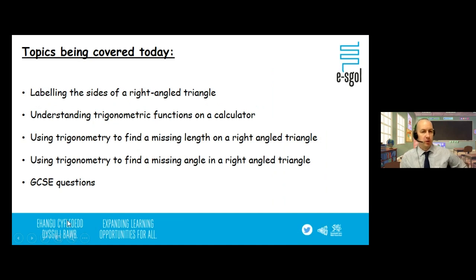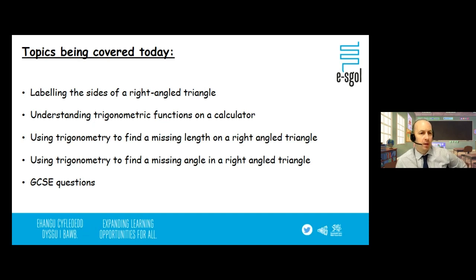So, things we're going to be covering this evening. Five bullet points you should be able to see on my slide. First of all, we're going to label the sides of a right-angle triangle. It is important to understand that right-angle trigonometry is only for right-angle triangles. Then we're going to look at the trigonometric functions on a calculator. You may have used these before, or you may not have. If you haven't, you've probably seen the buttons on the calculator, and I'll show you how to use them